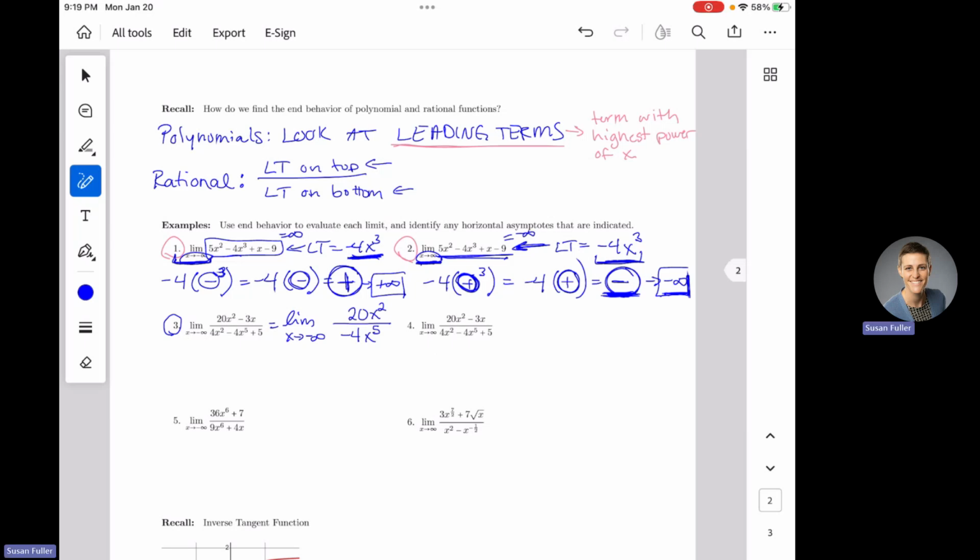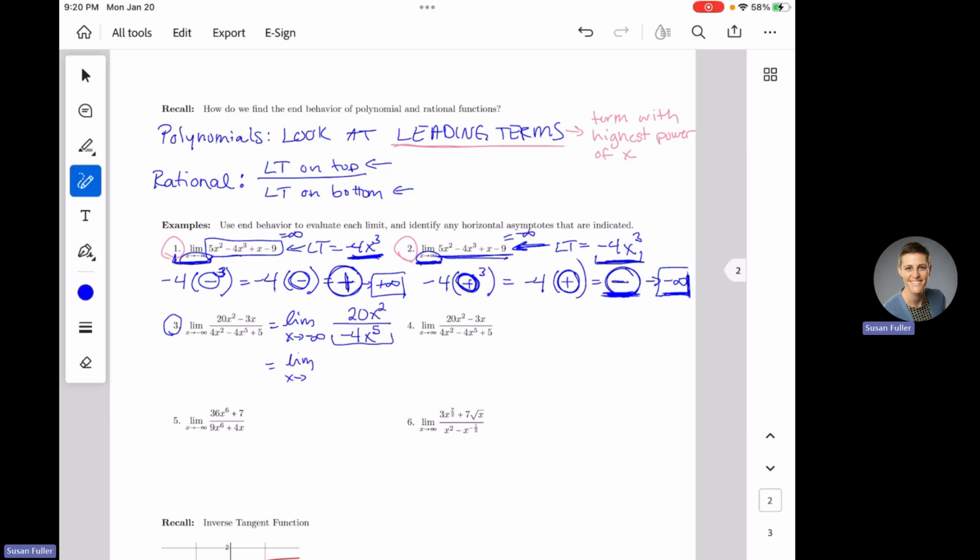These two guys are going to take over. Now I just have to compare these bullies and see who's going to win between these two, because now they're fighting with each other. I've got a bully on top and a bully on the bottom, and I don't know who wins. So the way that we tell who wins is that we actually do the algebra here and simplify this. So let's simplify that.